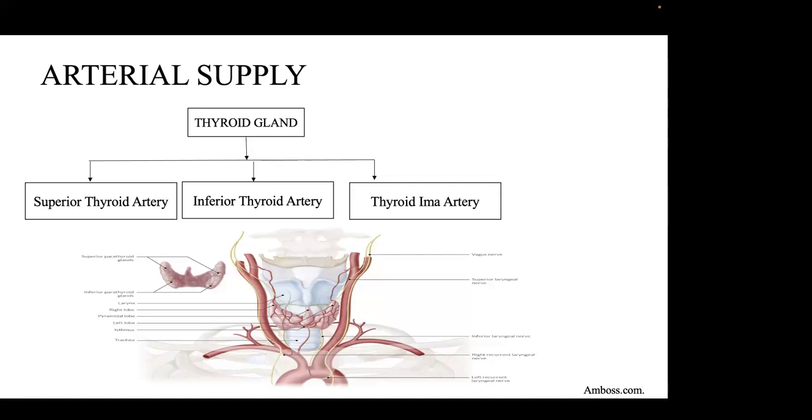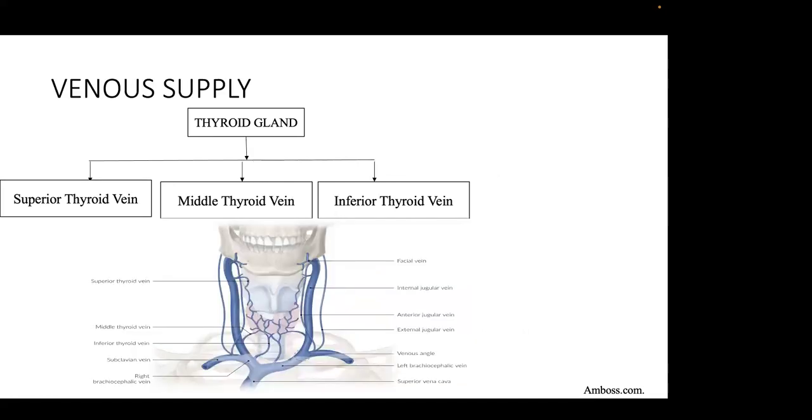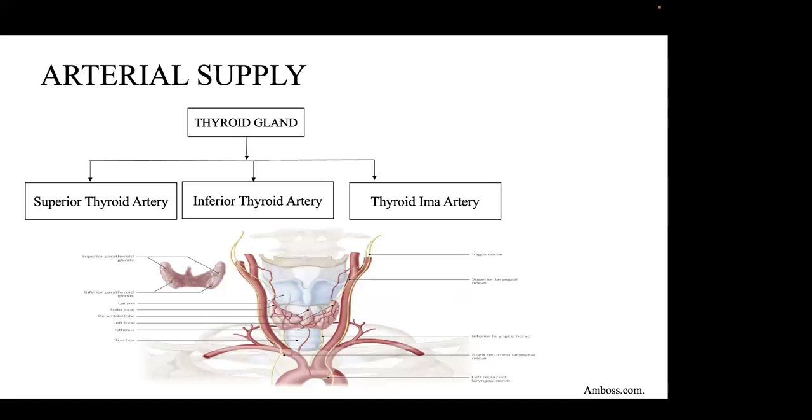Then the superior thyroid artery mainly supplies the superior and anterior portions of the gland and the superior parathyroid gland. The inferior thyroid artery supplies the posterior aspects and the inferior parathyroid gland. The thyroid ima artery mostly supplies the anterior surface and the isthmus. Going ahead with